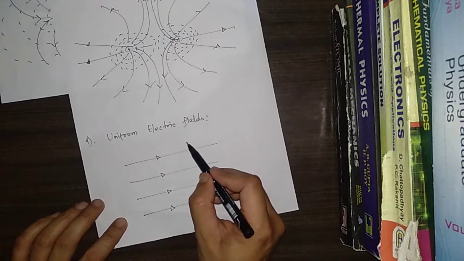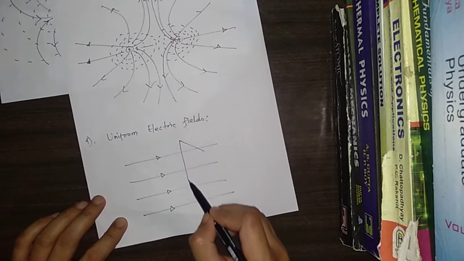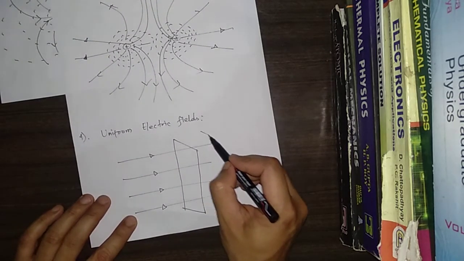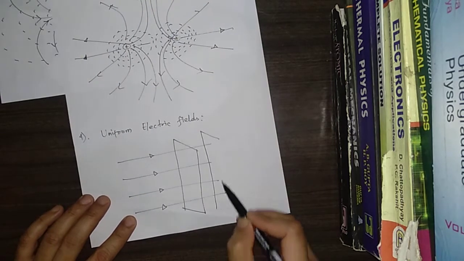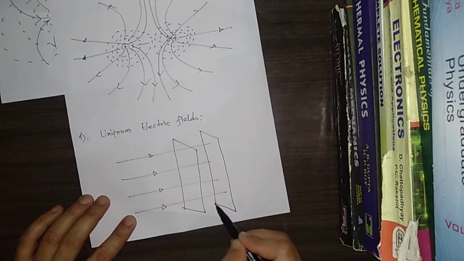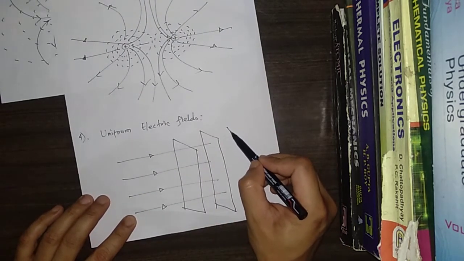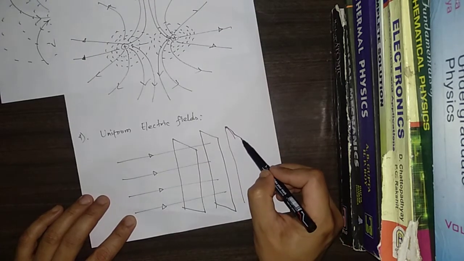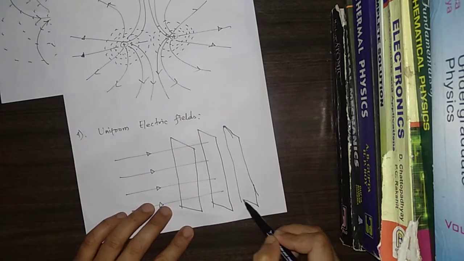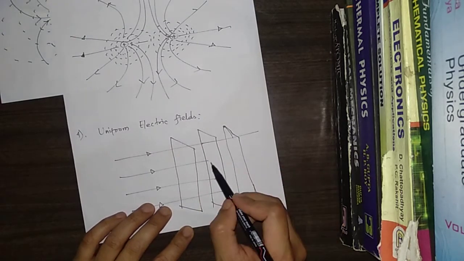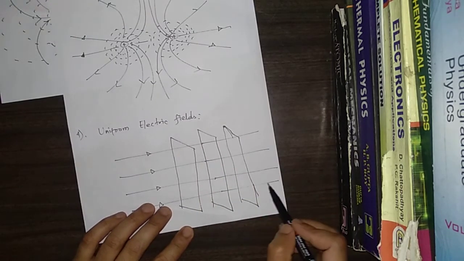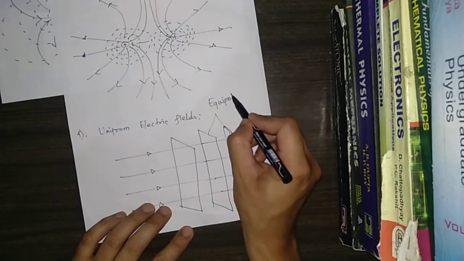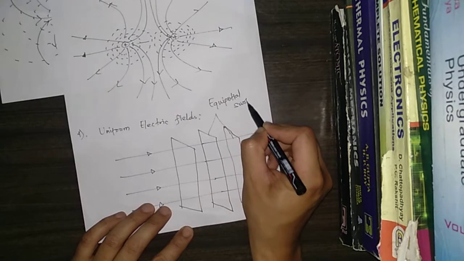If you draw parallel planes this way, these planes are your equipotential surfaces,